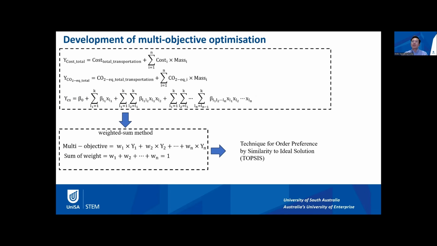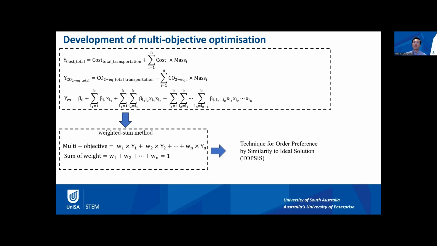After the associated CO2 and cost are determined, three objective functions are shown here for further multi-objective optimization, which means we need to find what kind of combination, what kind of values of the 10 impacting factors mentioned before, align with the optimization goal. First, a mathematical optimization called the weighted sum method is used, which converts the multi-objective problem into a single objective problem by defining a scalar objective function as a weighted sum of individual objectives. Therefore, the solution obtained here is called the Pareto optimal solutions. Then the Pareto optimal solution is further selected by using TOPSIS to facilitate the final